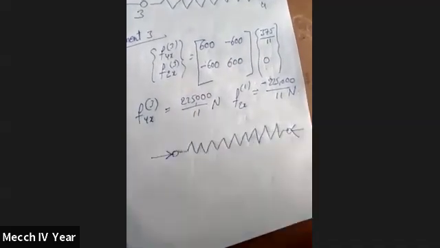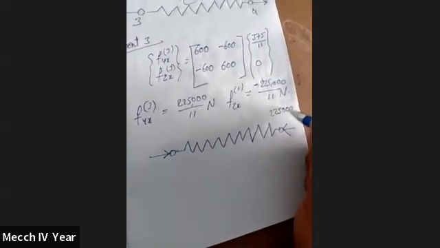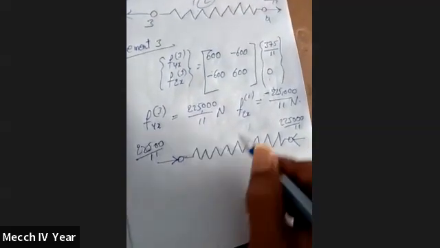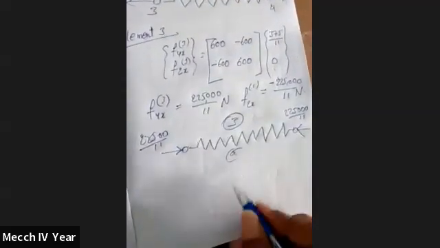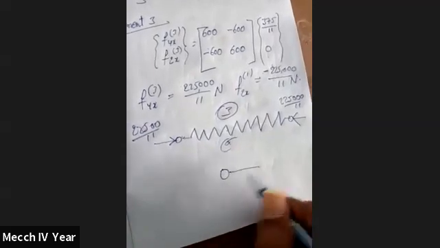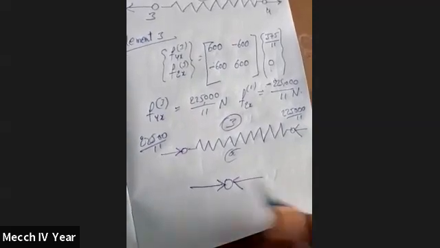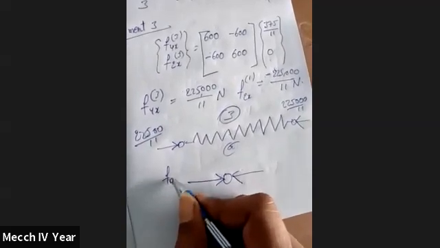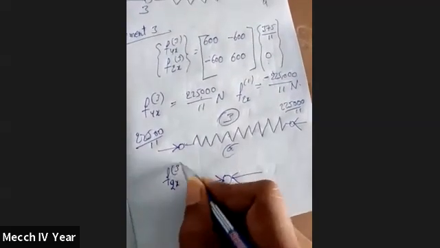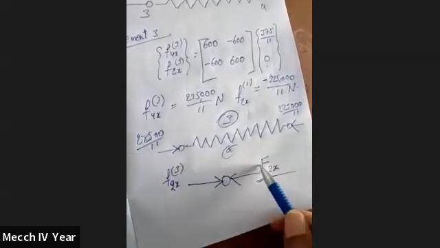Now I'm going to write here the symbol for the opposite direction. The value is here, and the value is here. Both are the same. That means this one is in equilibrium. Now the nodal diagram. How to draw the node diagram? It is also very simple. I'm taking a node. This is one force, and this is one force, acting in opposite directions. For this we take 2x, the third element, so that is finally the force 2x. That is the fixed element.